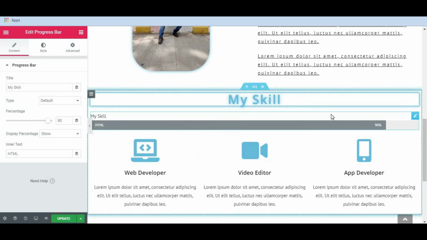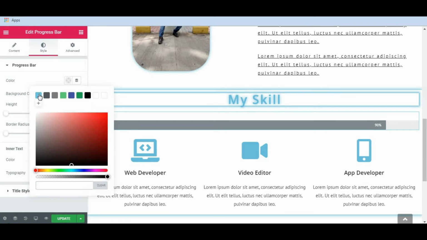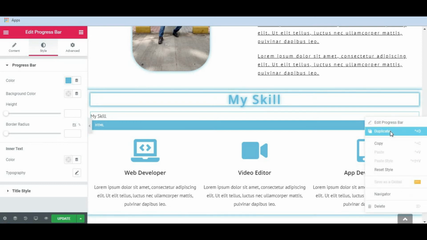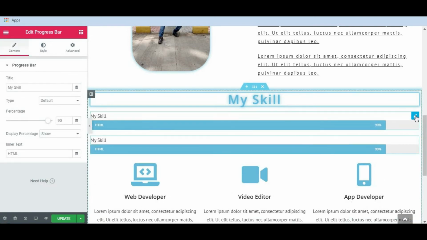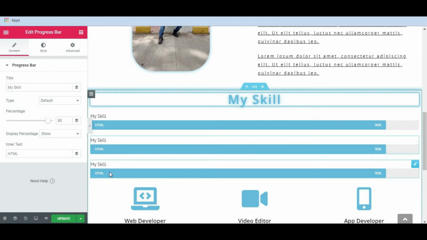You can also change the color. Select, go to the style. Here is the color. Let me change color to light blue. Alright. Choose the color that you like. Green. Light blue. Okay, let me select light blue only. Okay, now let's make a duplicate copy. Right click and duplicate. Here it is.